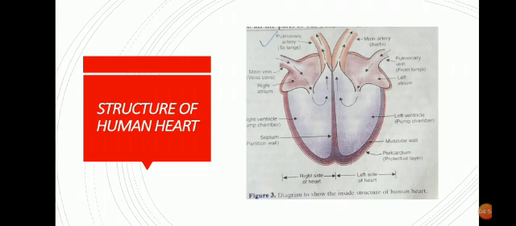And capillary is a junction between arteries and veins where the exchange of material takes place, right? Now, as I said, the top side of the left atrium is connected to the pulmonary vein. In this diagram, you can see the pulmonary vein. Now, this pulmonary vein is the only vein in our body which brings oxygenated blood into the